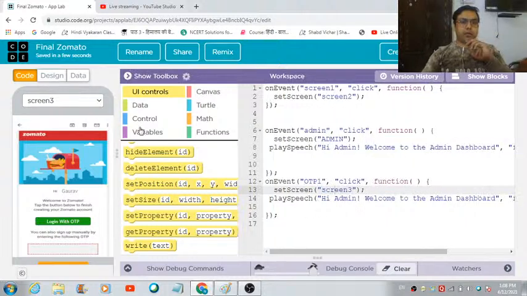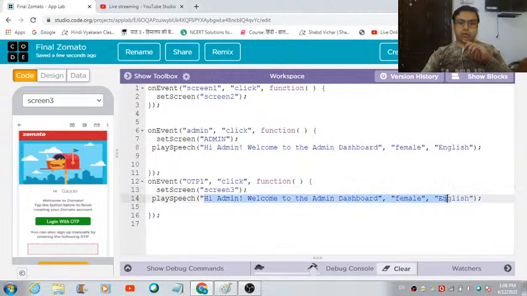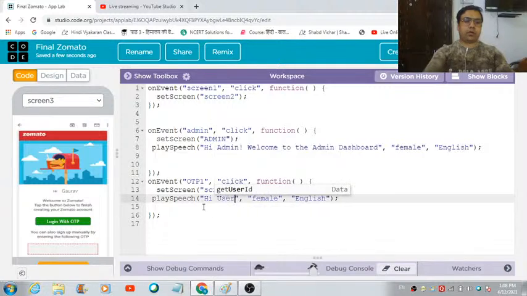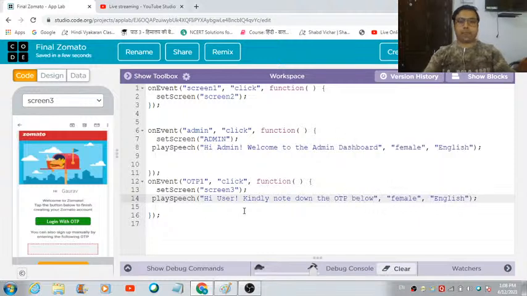Then over here we would like the user to hear something like this in the background. So, hi user, kindly note down the OTP below. Okay, so automatically I would like a random OTP to get generated, which should be visible to the user,